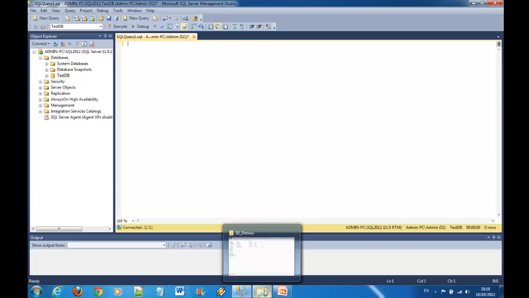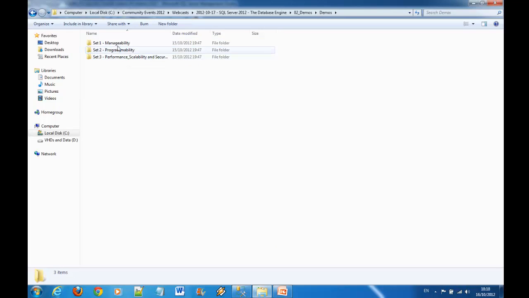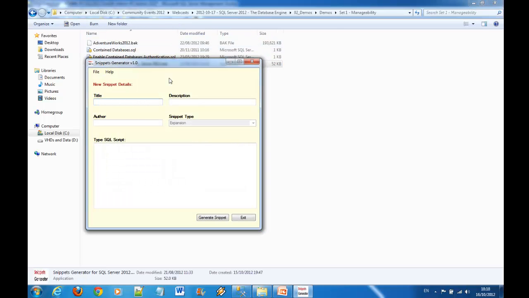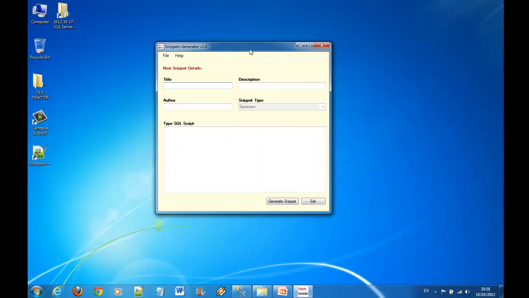Now about the snippets generator. I have the executable here. Let me run it. So you see that's the only screen of the snippets generator. I'm going to create a new snippet. What about a snippet with the T-SQL code returning the service pack installed on your SQL Server instance? I'm going to give the title SP installed. Description: returns service pack information. The author is me, and the code is